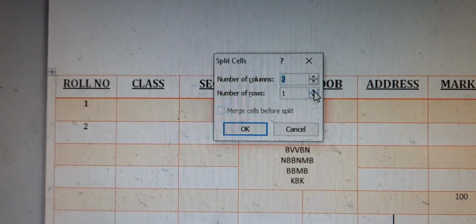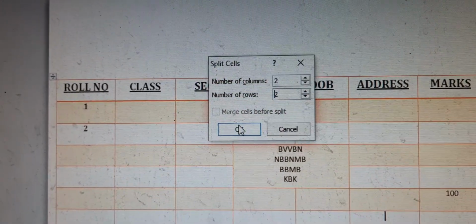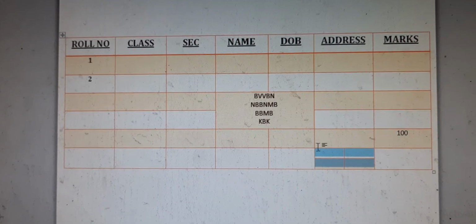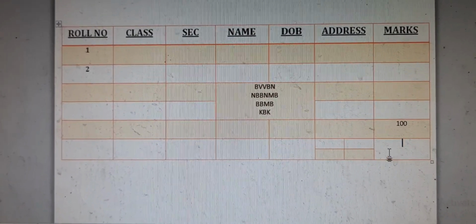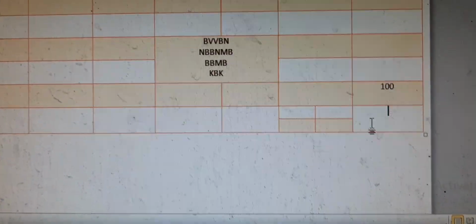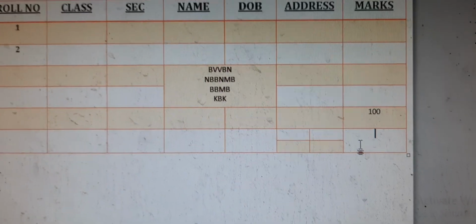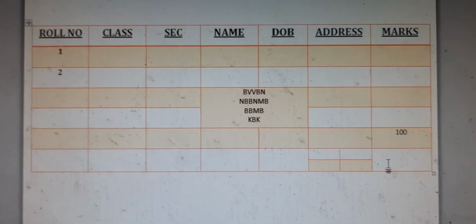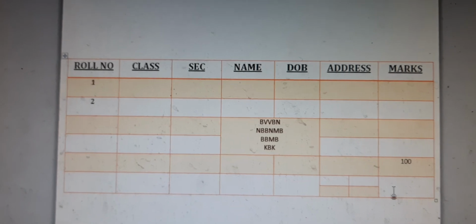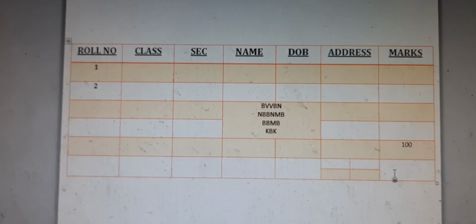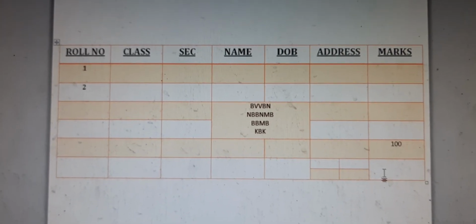Suppose I go for 2 rows and 2 columns. Now click on OK. After clicking outside, you will find the cell is divided into 4 cells, which are parts of that one. So like this, you can do different kinds of activities related to the table.